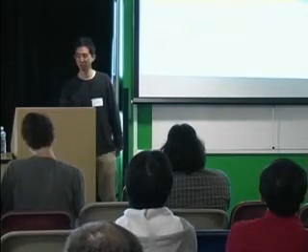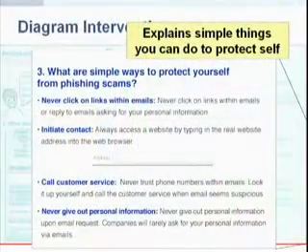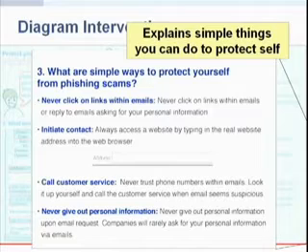Okay, and the last part, the bottom right side, explains some simple, actionable things that you could do to protect yourself. For example, never click on links within emails. You should initiate contact first by accessing the website by typing in the URL, call customer service, and never give out personal information. One that was sort of controversial within our own group was call customer service. I mean, do we really want to flood them with all these calls? And our rationale is yes, because the banks aren't doing anything about it. They don't really have an incentive to do this.